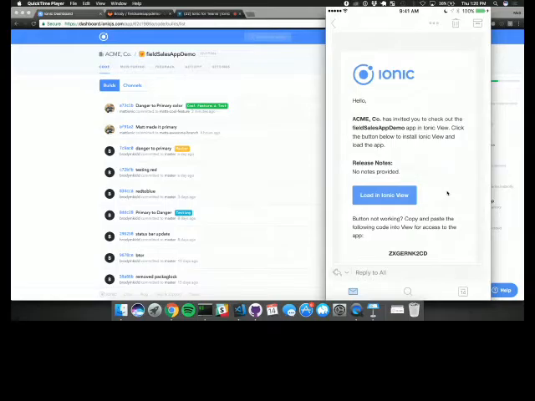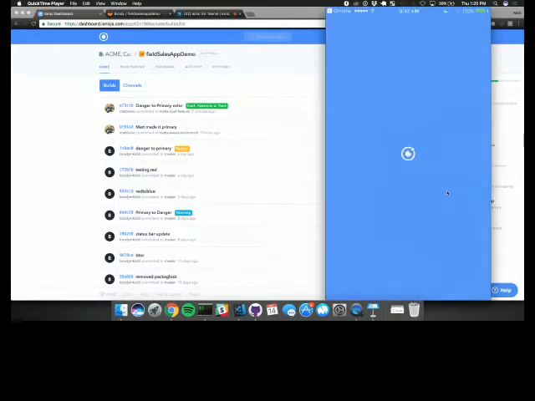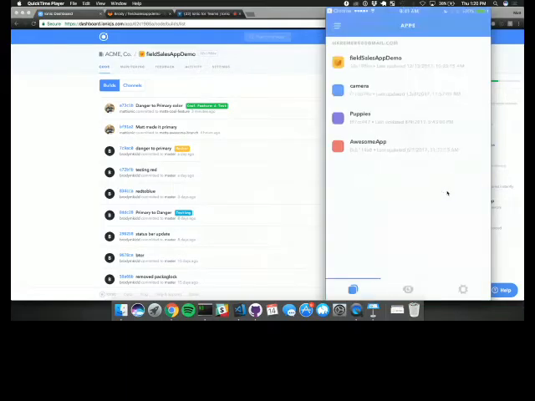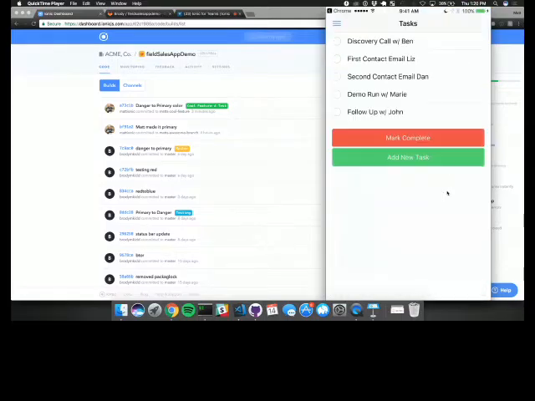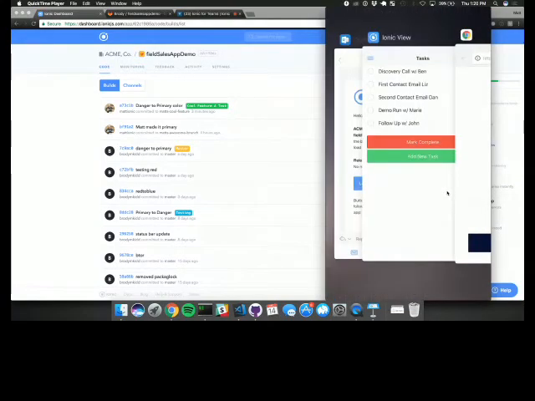And I'm going to click that. It's going to open up that deep link, take me through to Ionic View, and it is going to load me through my tester account real quick that it's creating on the fly for me. So let's open that up. And now we are going to see that field sales app demo. Whoops, that was actually the wrong one, I was logged in with a different tester account. Give me just a second.